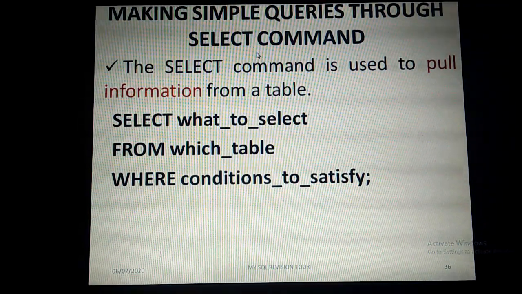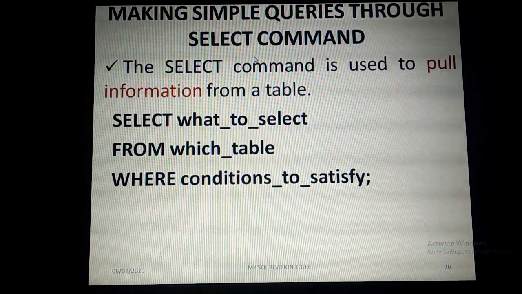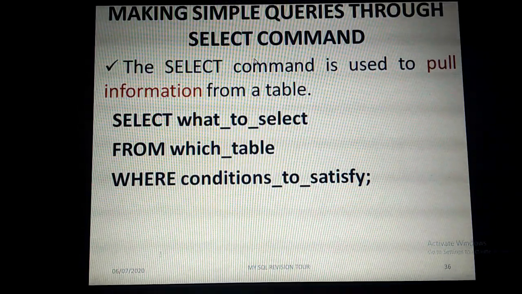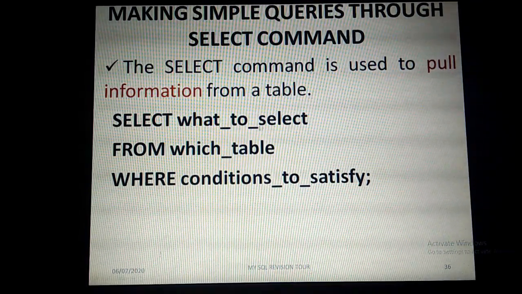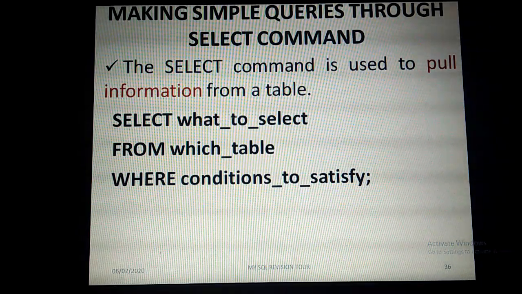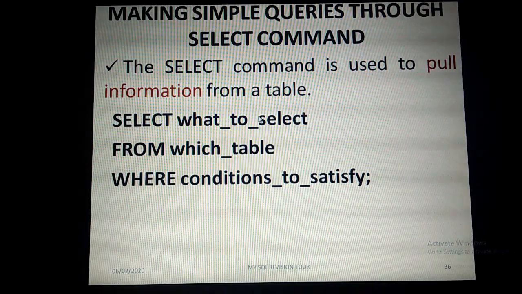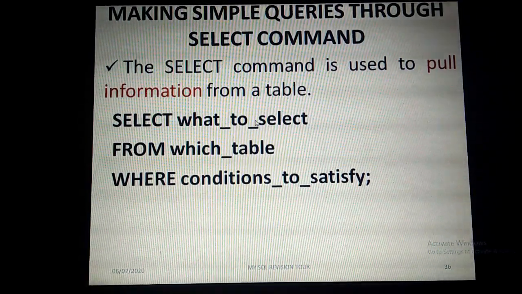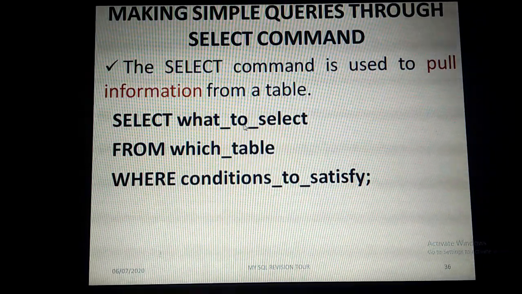Next one is making simple queries through the select command. How to make use of the select command to pull or retrieve information from a table? Select what to select, that is, which columns you need to select from the table. Those names only you need to enter here. If you want to retrieve all the columns, you need to include the symbol called asterisk, that is a star.